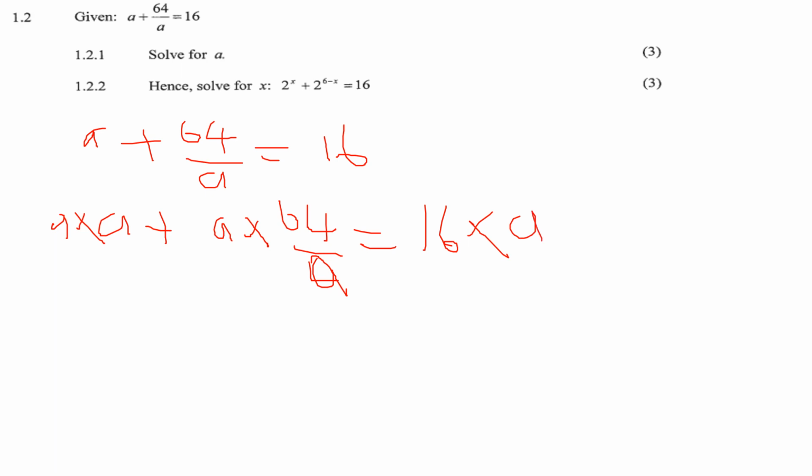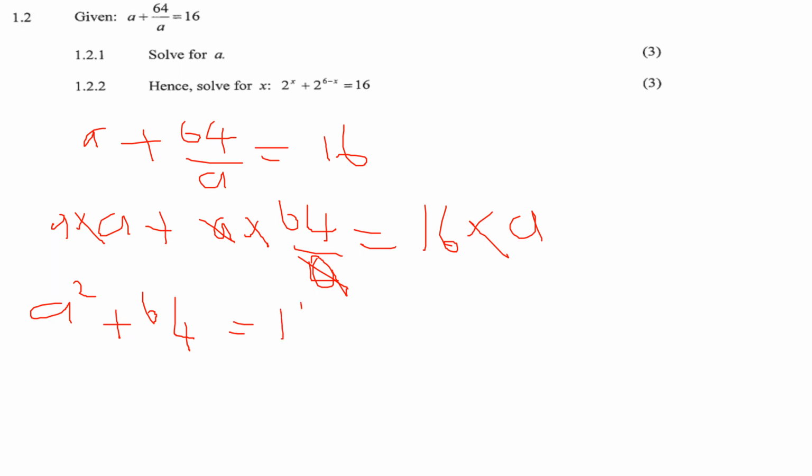The reason we are multiplying by a is that we want to get rid of the a at the bottom. So this a will cancel out with this a here, and you're going to be left with a squared plus 64